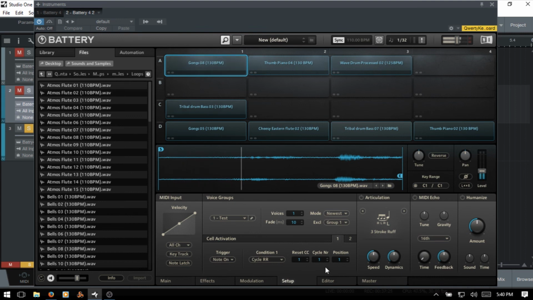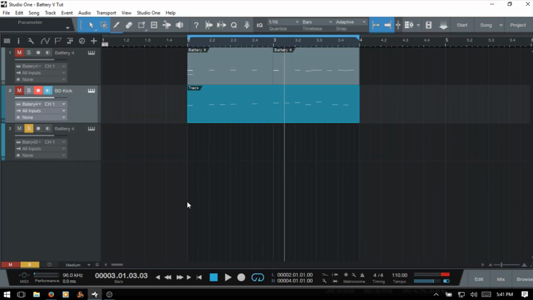Okay, and so that's how that works. And then the last mode that we have available is cycle random. That's basically going to allow us to trigger one cell, and any other cells that we have in that group are going to randomly cycle between those, versus going in a sequential order like we just saw. I'm going to close out this battery